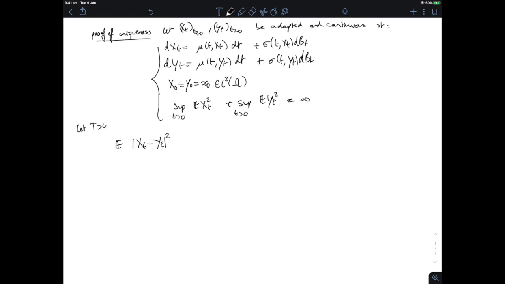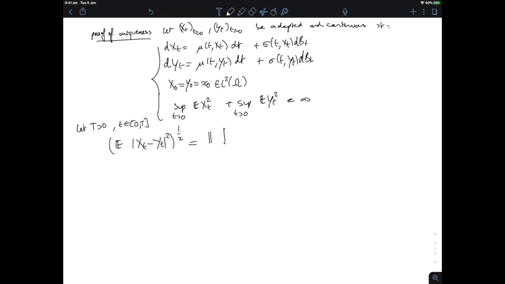So I'm going to fix a t, a little t in the finite time interval 0 to capital T, and I'm going to consider this expectation of Xt minus Yt squared. It's better to actually look at the L2 norm of Xt minus Yt, because then I can use the triangle inequality for the L2 norm. Now, because X0 is equal to Y0, and Xt and Yt satisfy the equation, I have that this is equal to